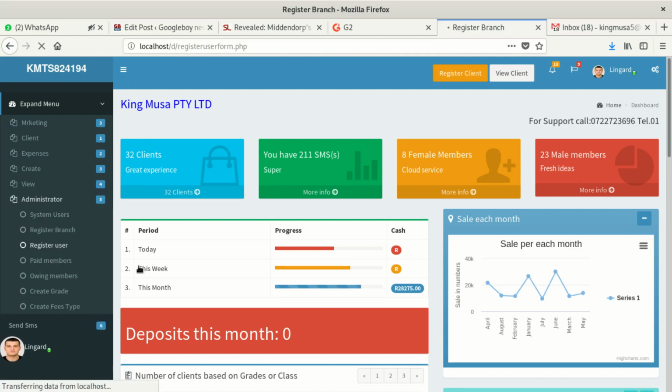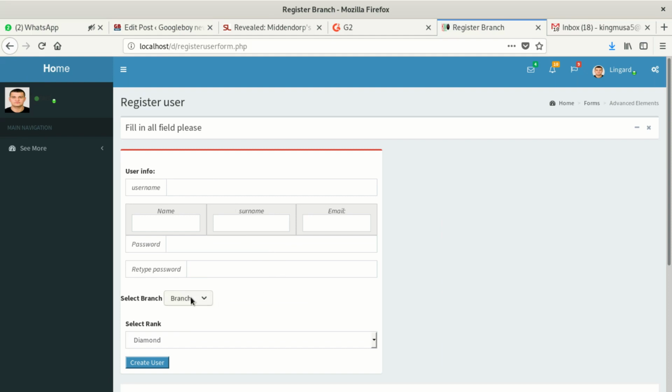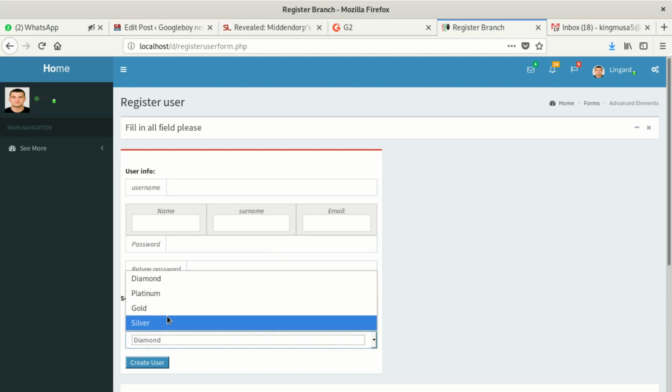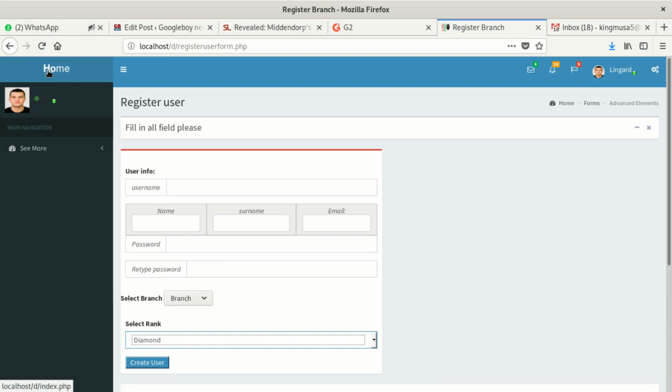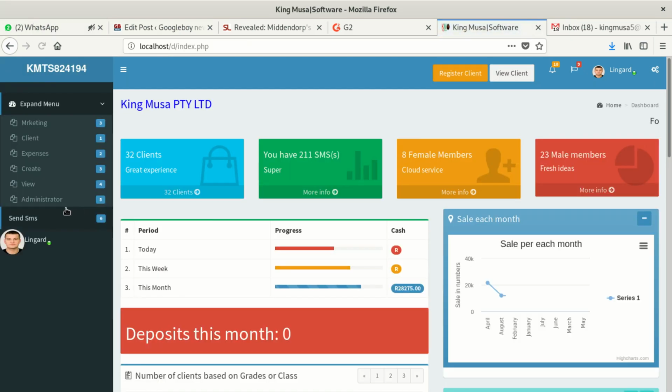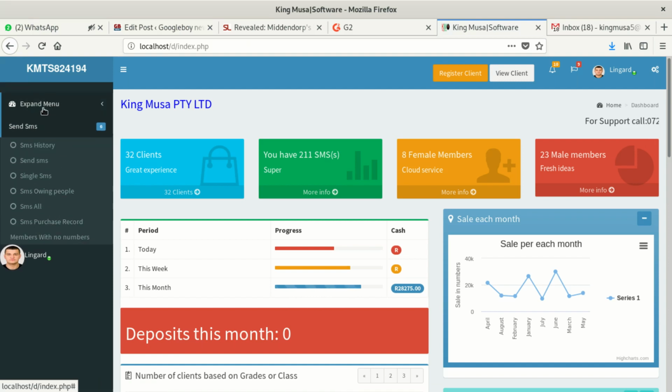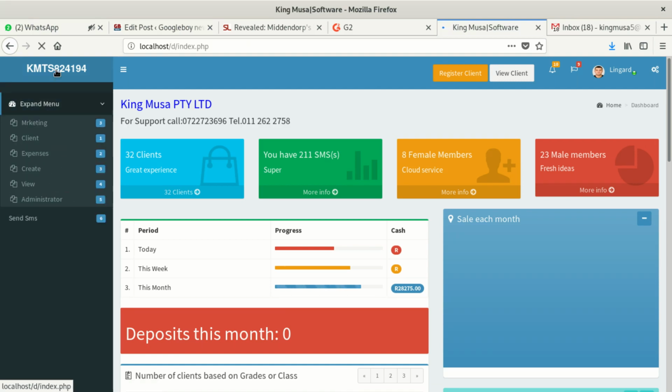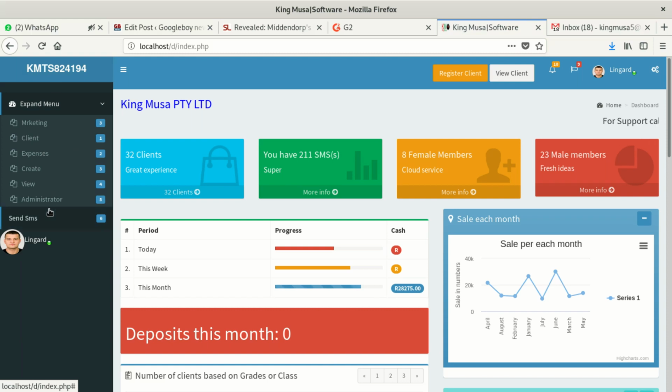You say register user. After you register user, you give him or her a category here, gold, silver and stuff, but you don't give them admin. So on admin they won't be able to delete. So after that, another important part here is the